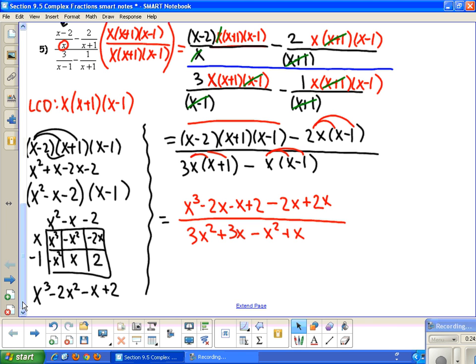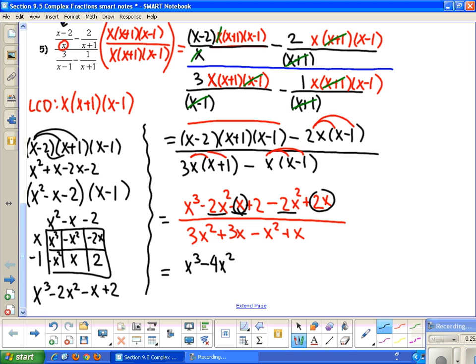And now I just need to combine terms. So here, there's no other terms that go with x cubed. And then we have negative 2x, negative x, negative 2x. So that gives me minus 4, and that should have been, I think, squared. I forgot the squared there, so that's my fault. So this is 2x squared, and this is squared. Because this was squared right here, I just didn't write it in. Sorry about that. So make sure to put that in. So minus, so this one's not a like term. So minus 4x squared, and then we have